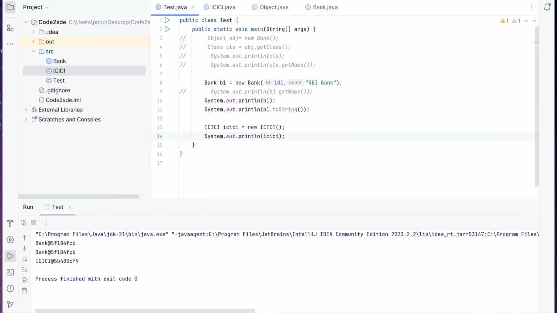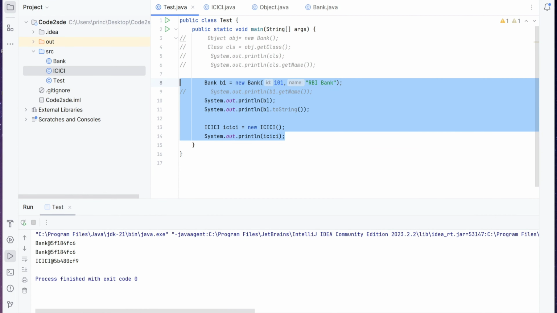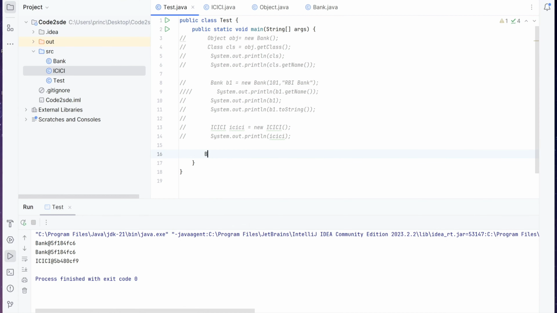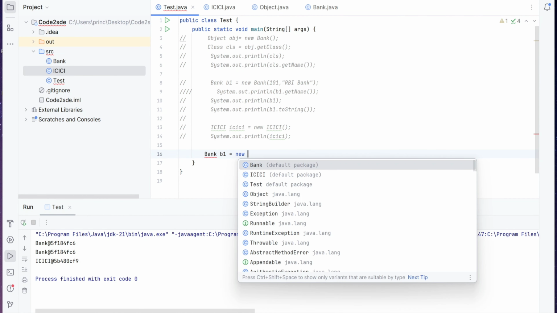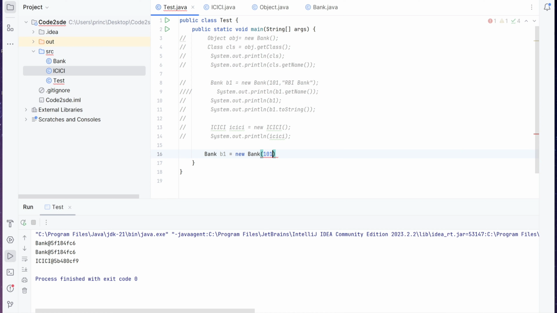So now let's see hashCode. I'll comment this piece of code and I'll create that bank object again, say 101 and RBI bank.